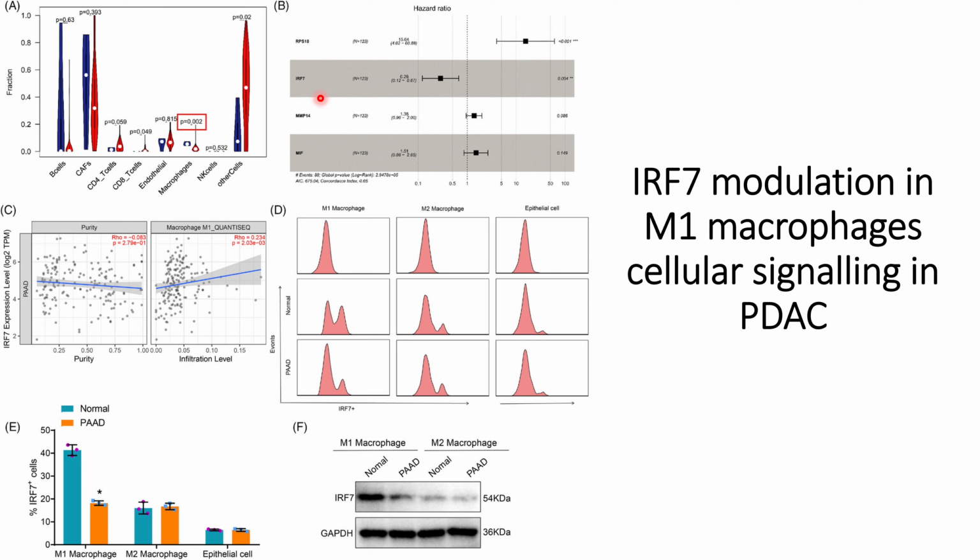Once they identified that these 4 genes could be responsible for the macrophage behavior, they checked the p-values. The p-values for MMP14 and MIF are higher than 0.05, so they rejected those, and they were left with 2 candidates, RPS18 and IRF7. They checked that IRF7 is not hazardous whereas RPS18 is hazardous. So their final candidate was RPS18. Thereafter they moved to check this